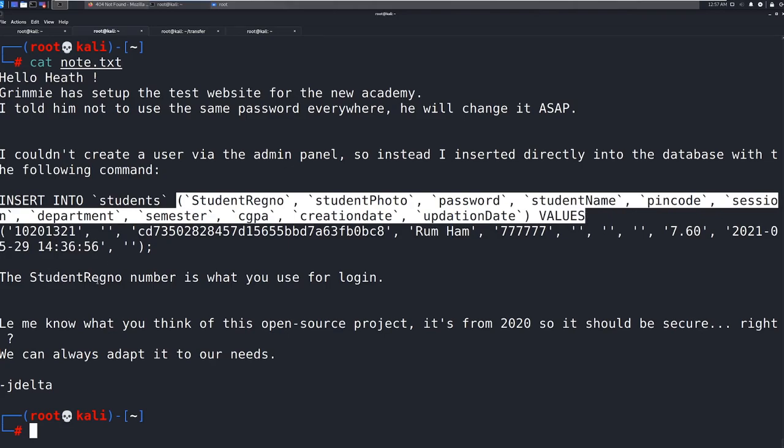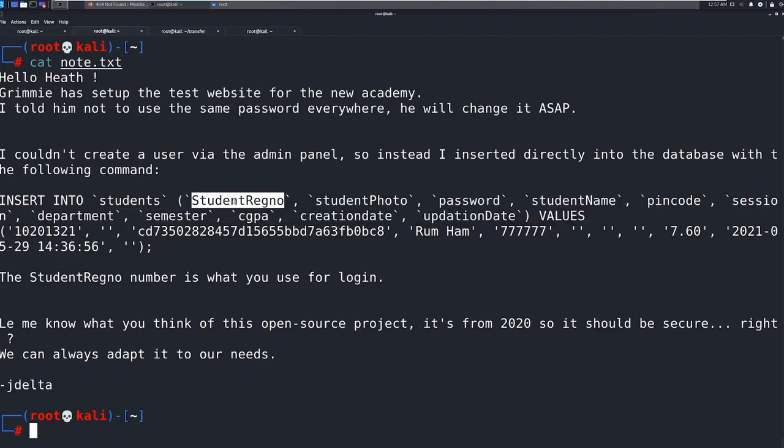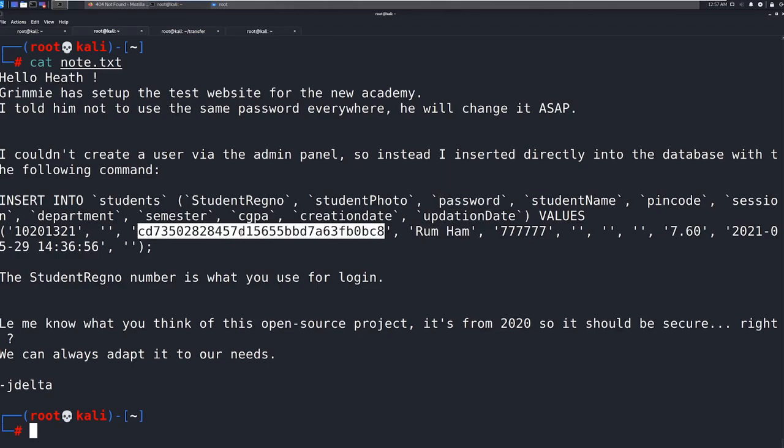Now it says the student regno number is what you use for login. So student regno here, you see this ties up to the first. And then we see student photo, and there's nothing in for the student photo. We see password, then we get password here, student name, okay, pin code going on. So this is pretty